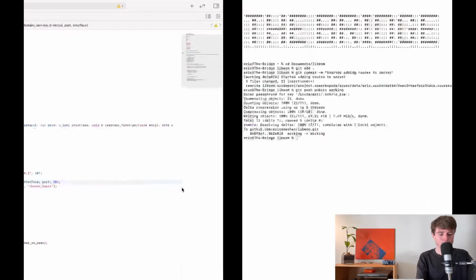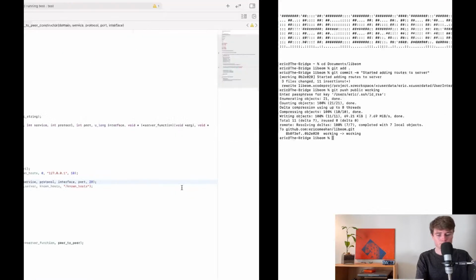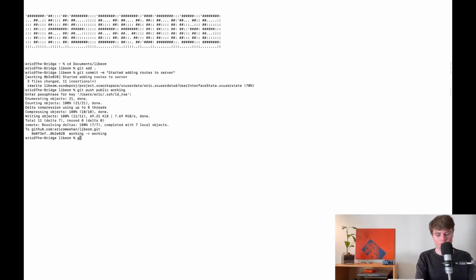Okay. So, add it to the Git repository. That way, if you're following along,